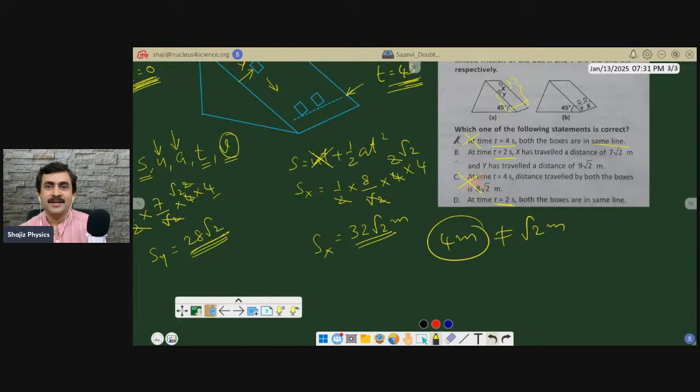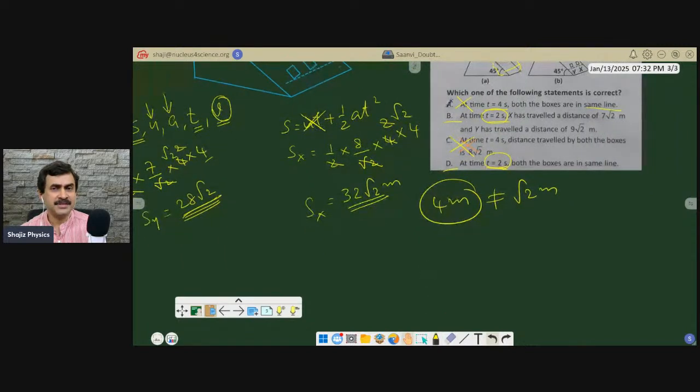Now look at option B. See, both option B and option D are dealing with 2-second cases. Okay. So we need to calculate it again. See, this is a good problem, obviously. But my challenge or my contention is how this problem could be solved by a class 9 student. I will come to that by the end of this. Okay. So let us proceed with the calculation once again.